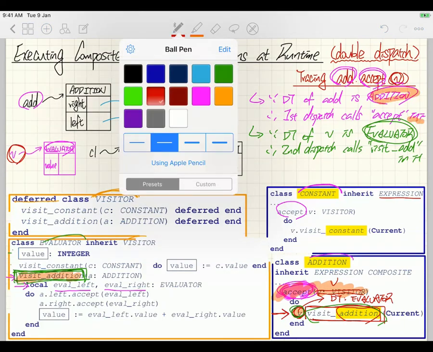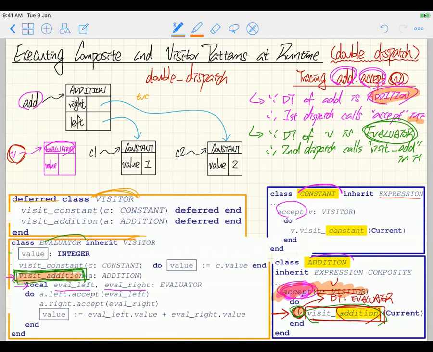So that means we got eval left over here, which is pointing to some evaluator objects. Also, we got eval right, which also points to some eval objects. Okay, so we got 2 extra objects locally. Okay, and then let's go over the do block over here. The first one,